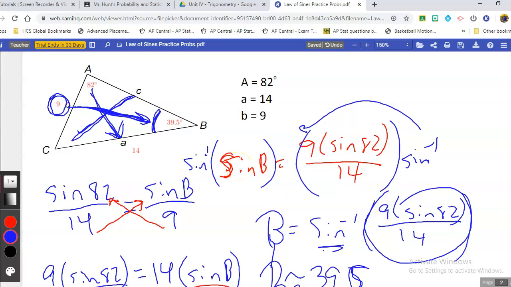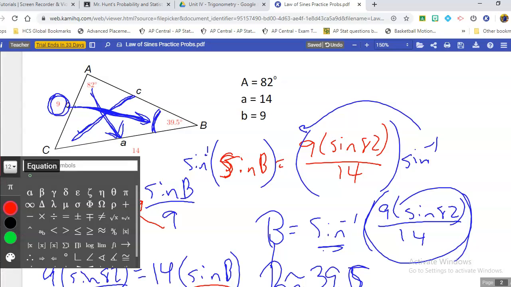Hopefully you're also seeing that we can use the Angle Sum Theorem, and we take 82 and 39.5, add them together and subtract from 180, and you should find that our angle is 58.5 degrees for angle C, and we'll take that information and continue to work with it as we go through the law of